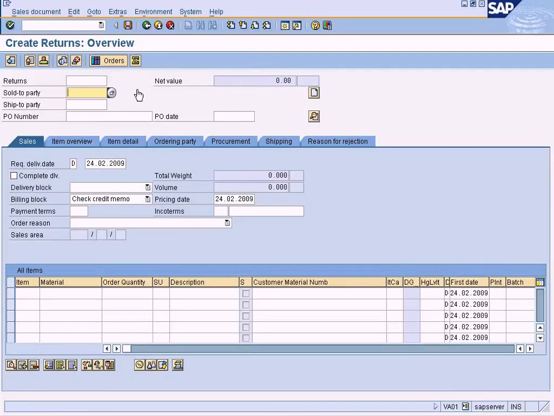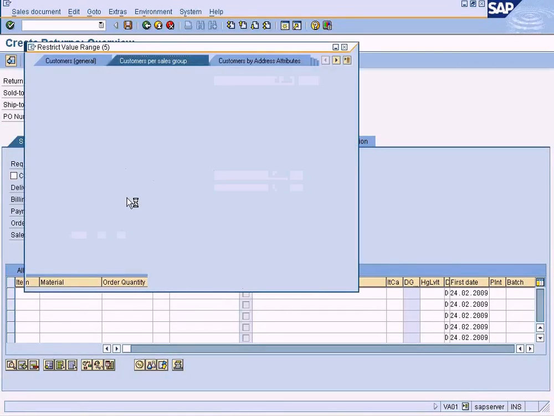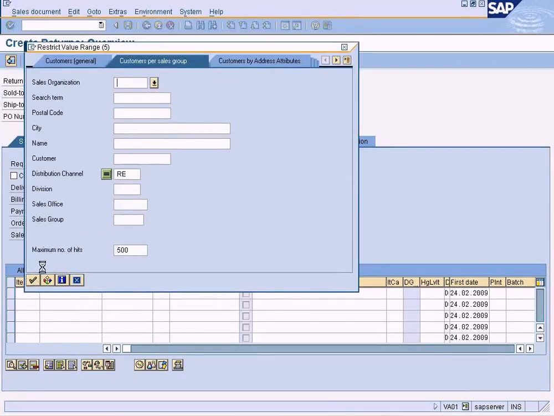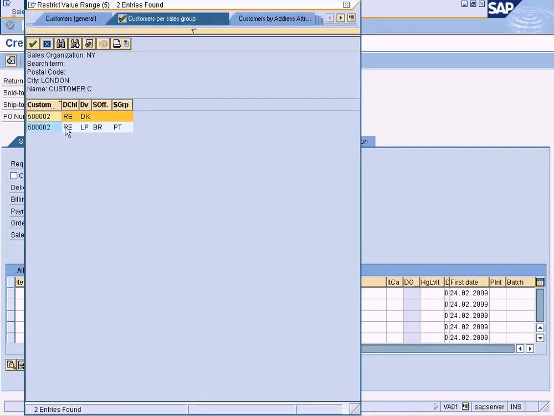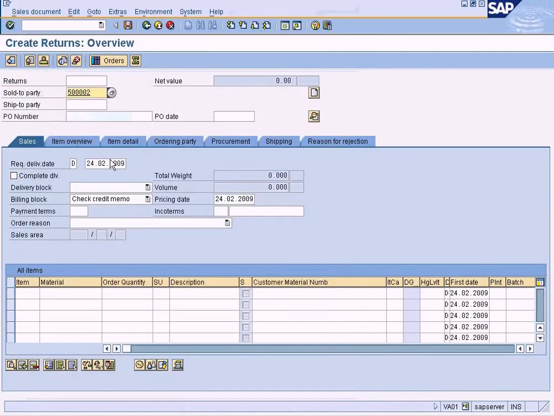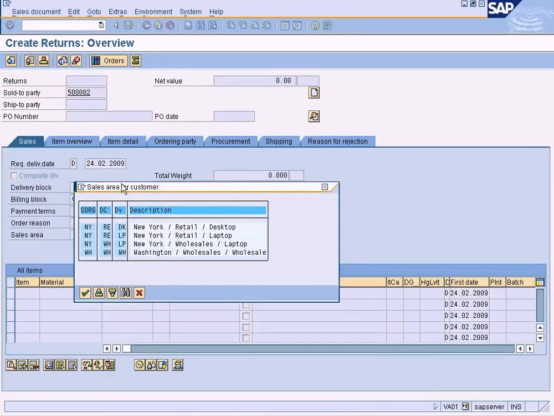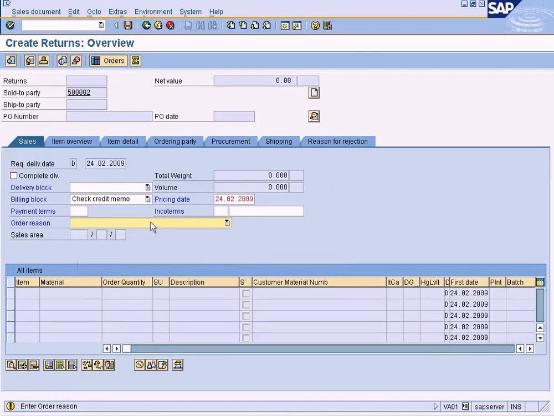Now we create returns. Ship to party is the same, LP, press enter. Now the system is showing sales organization, distribution channel and division. We have to choose these. Enter order reason,